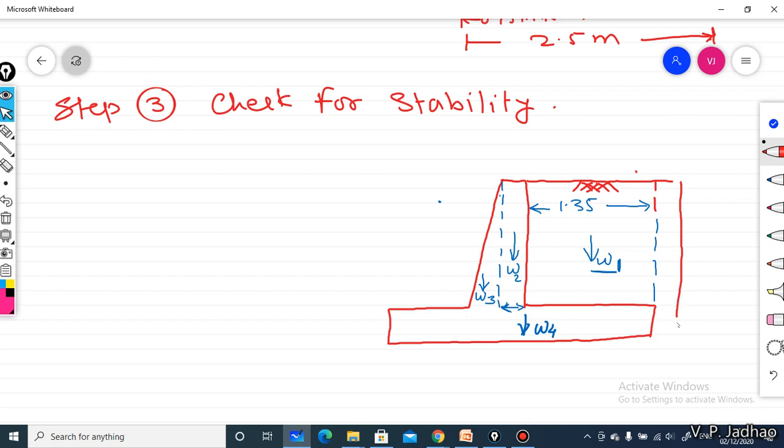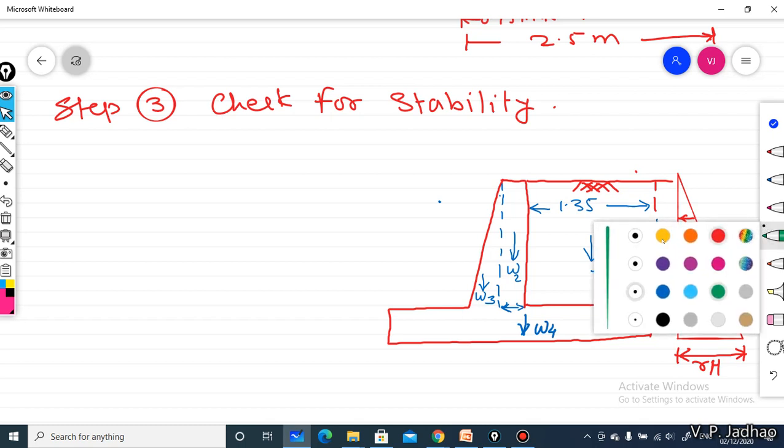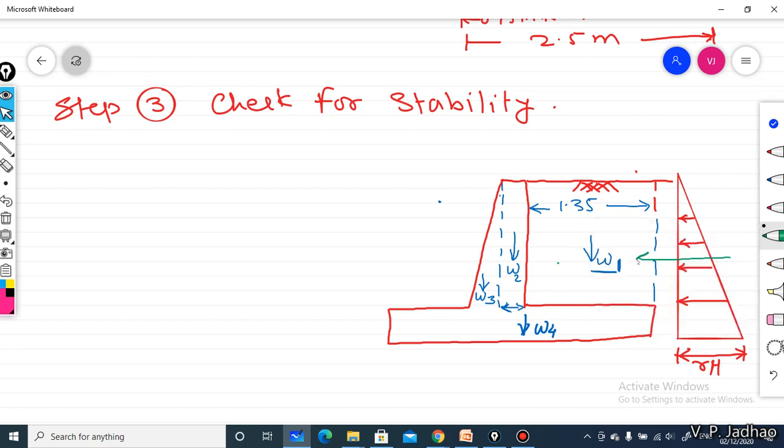Whereas this particular retaining wall will be subjected to some lateral pressure, which will be acting on the retaining wall in the horizontal direction, like this. The intensity of this lateral pressure at the base will be gamma into h. The pressure developed due to this lateral or active earth pressure, let us denote by pH. Let us consider the final force developed due to this triangular earth pressure as pH.